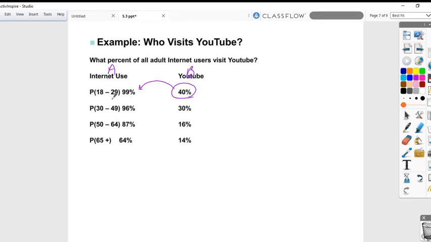Okay, so this would look like this. You would have this probability, and then I'm not going to set up the whole thing to save you time, but you would have,